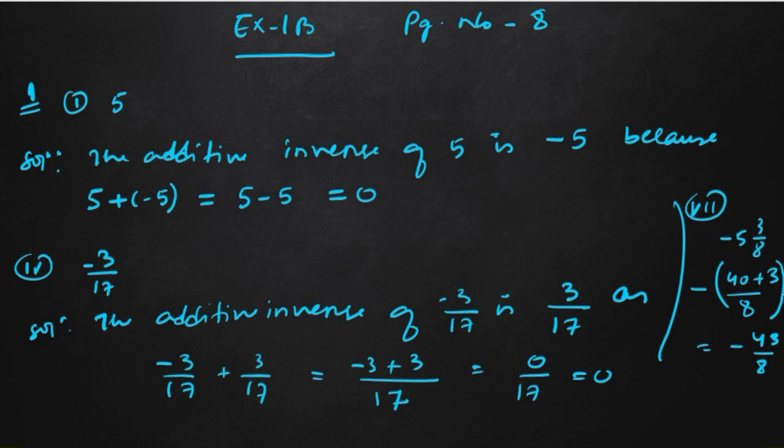Okay, so question number 2, still we have not discussed question number 2. Question number 3 has been discussed already, so question number 3 will be your homework. No need to do question number 2. We will discuss it in the next class. Then 4 and 5, no need. Then you just solve question number 1 and question number 3, as 1 and 3 have been discussed, this type of question. So in the next class, we will discuss some more topics or properties of rational numbers. After that, we can solve the rest of the questions of exercise 1b. Okay, fine. Thank you.